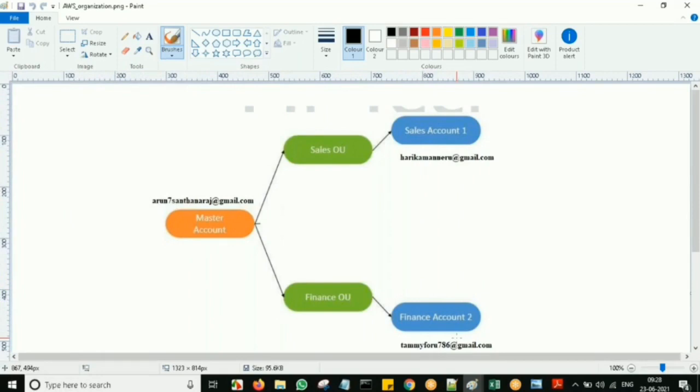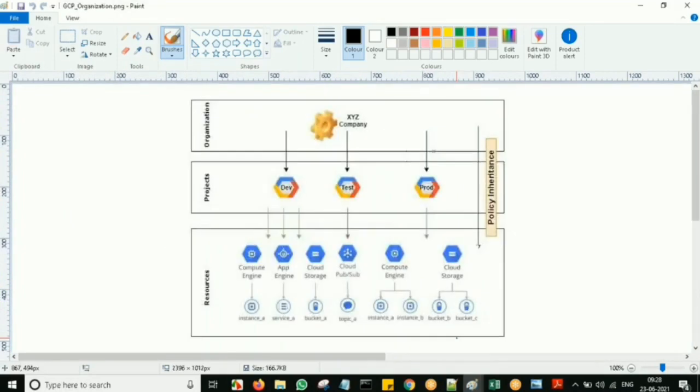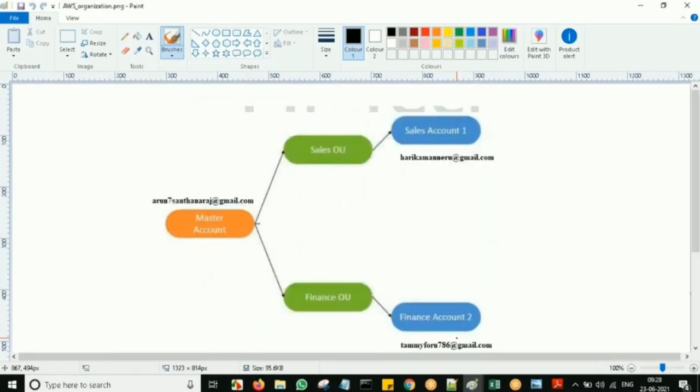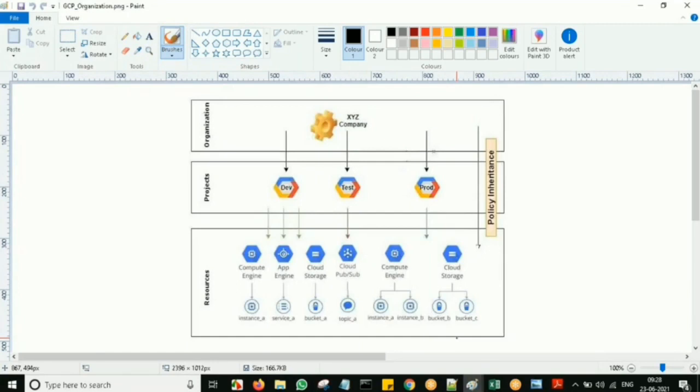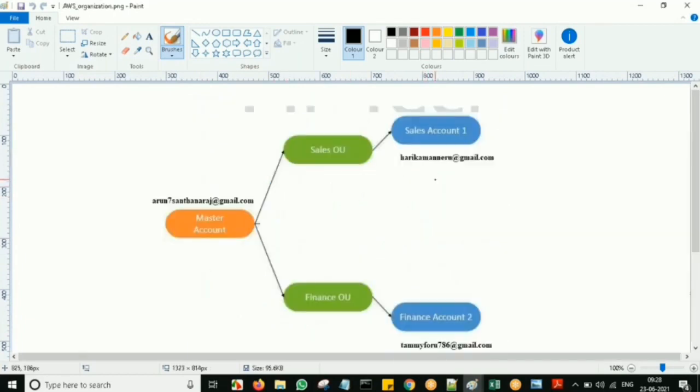Here it comes up like an AWS account. But in GCP, the advantage is that you don't want to have multiple GCP accounts. You can enable the organization in one GCP account. Under that we can have projects and resources, and in between those folders come. Folders are for organizing. Just as the organization unit is there, the same way here we are using folders. That's it. The main key advantage here is that we have something called projects, which you don't have in AWS.